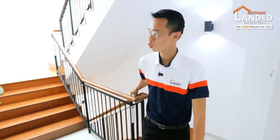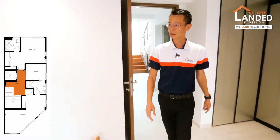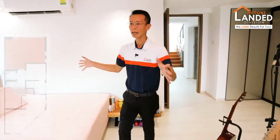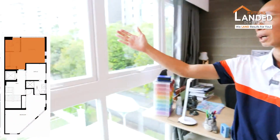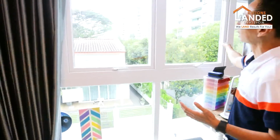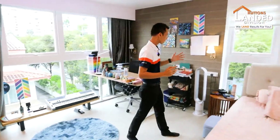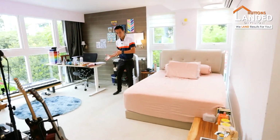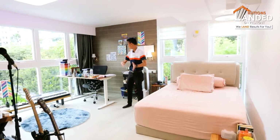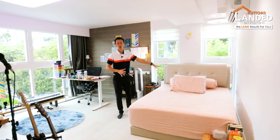Coming up to this level, we have 3 bedrooms tucked at this level. So moving forward to another spacious room right over here. All bedrooms have huge window panels, as I mentioned earlier, to bring in ample light and let you take a look at the surroundings. I personally like this green surrounding, sheltered by huge mature trees, and it's a very squarish bedroom that you can reconfigure the whole layout. I personally like the bed tucked at this corner, and a sitting area where I can read